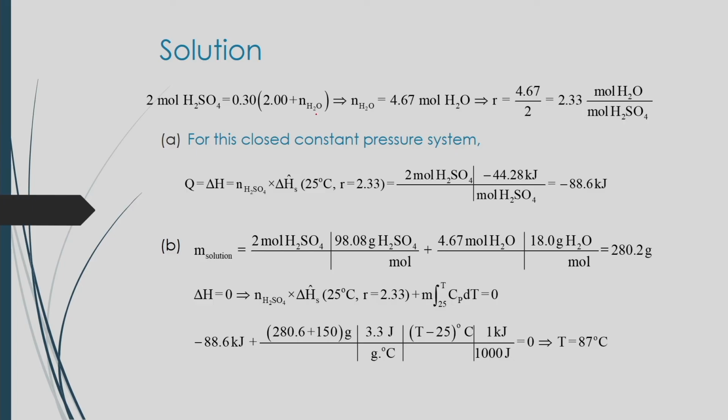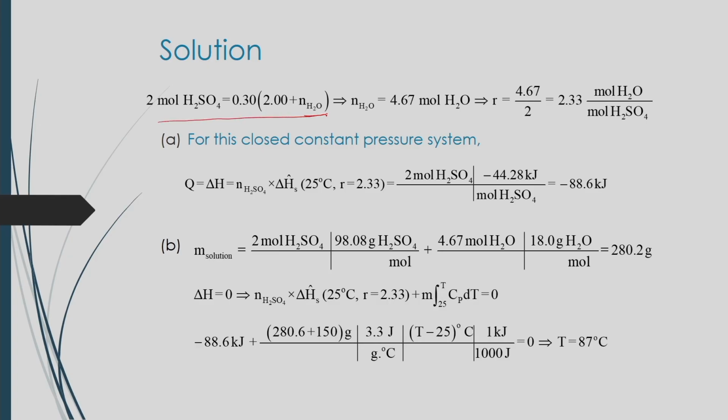For that 2 moles of sulfuric acid you have to add some water that is not known to you. So if you consider that n mole of water is required, then we can write that